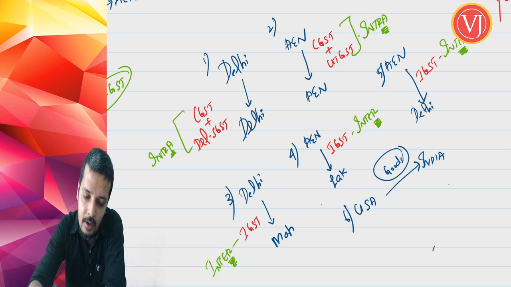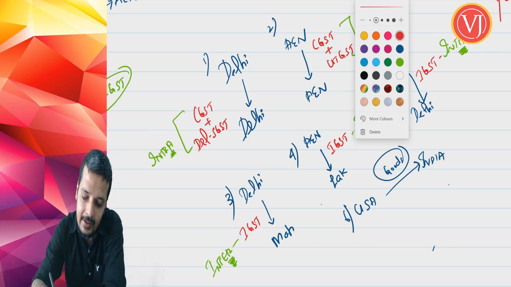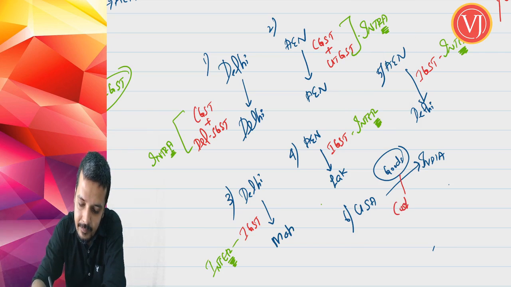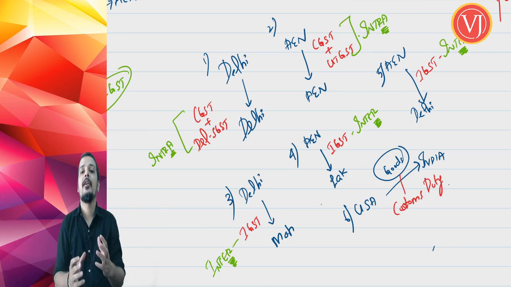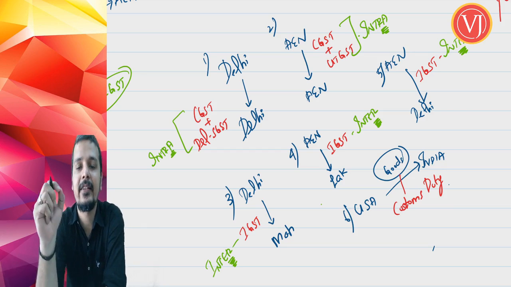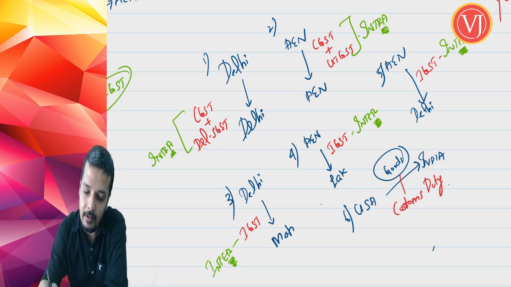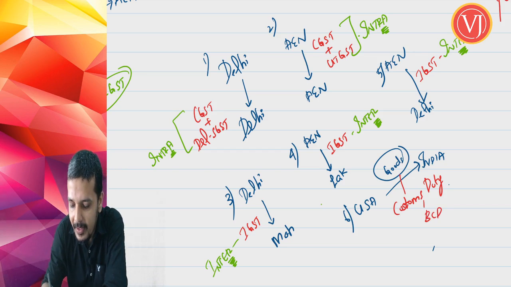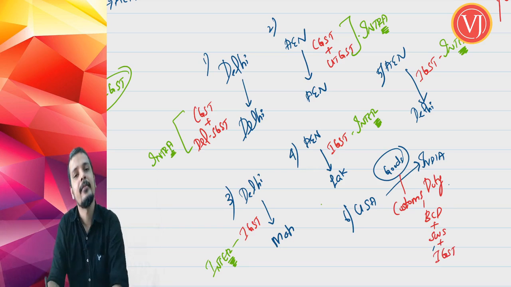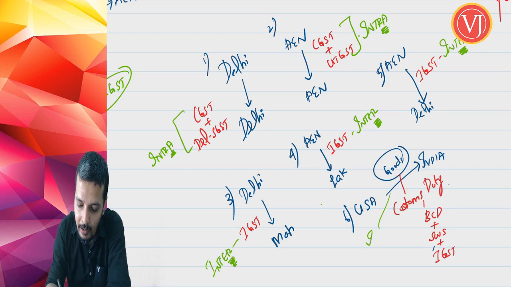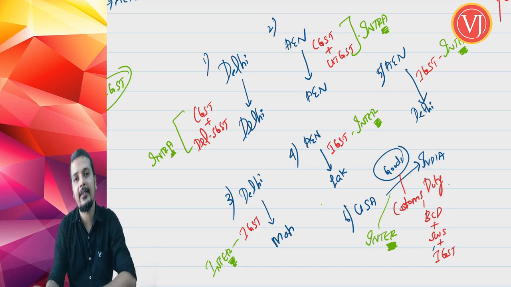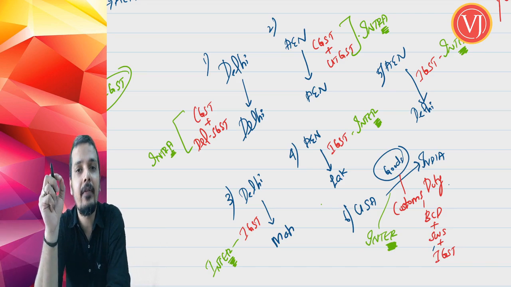This import of goods will attract what? Customs duty, because customs duty is still alive. My friends, you have to interlink the provisions. In the earlier chapter, GST in India, we have clearly discussed that customs duty is still alive. Rather, we have also discussed the breakup of customs duty. It will be BCD plus SWS plus IGST. Why? When you talk about one country to another country, then also it is interstate. You don't call it inter-country, it is interstate. But basically, the levy is of customs, not of GST.